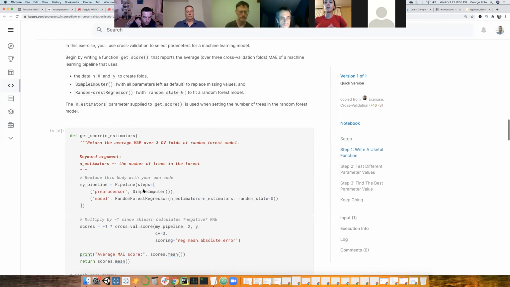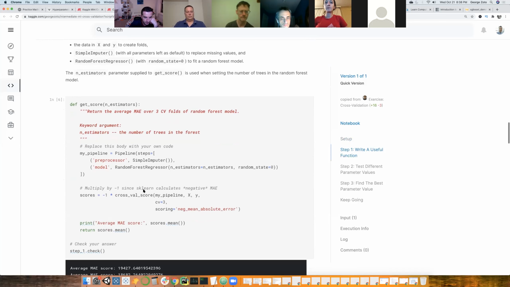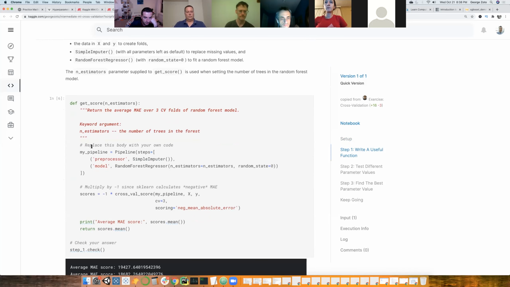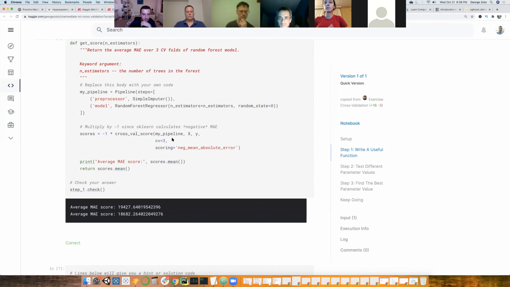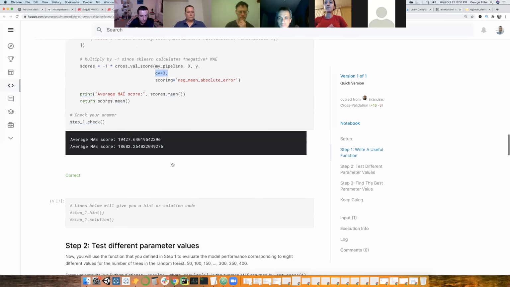And then I think we're going to try different models. So we write a function that basically defines the pre-processing step and our random forest. The only argument is how many trees you want to try in your random forest. The CV could also be another argument. You can experiment with different ones.